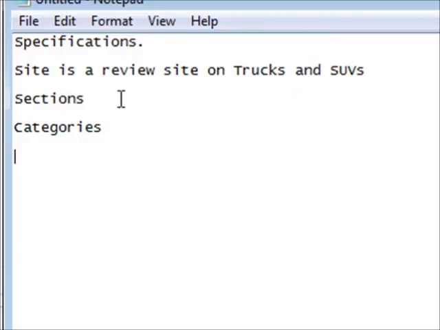So now we've got to think about how to set up the sections and the categories. And then of course in the categories go the articles. So our sections, we'll just have a section for trucks and a section for SUVs. And then in our categories, and this will be under trucks,